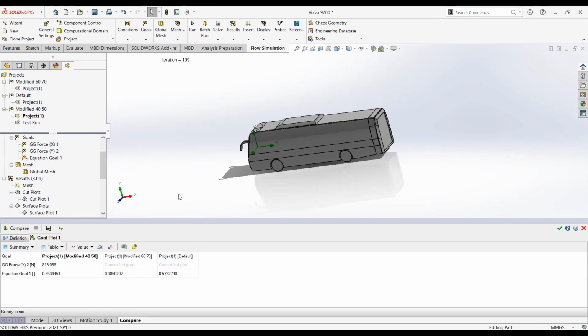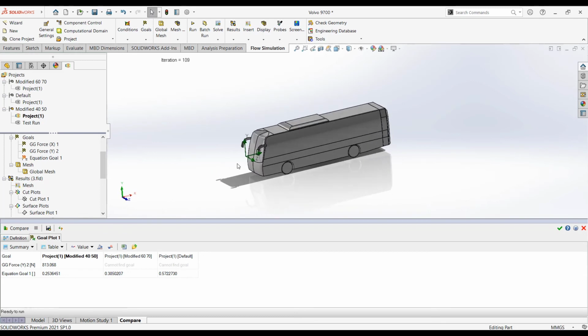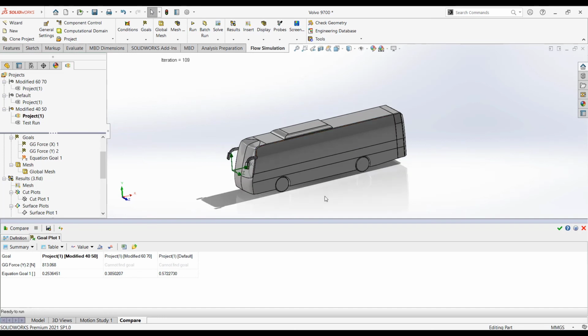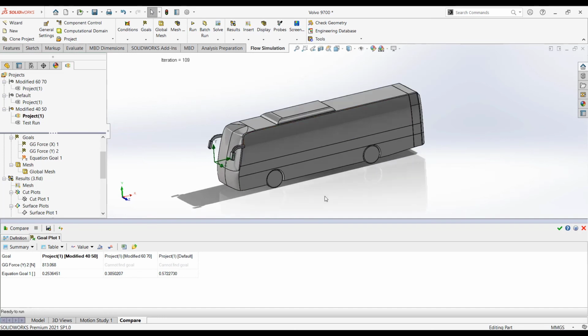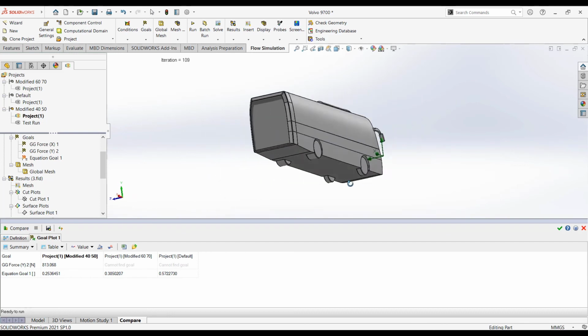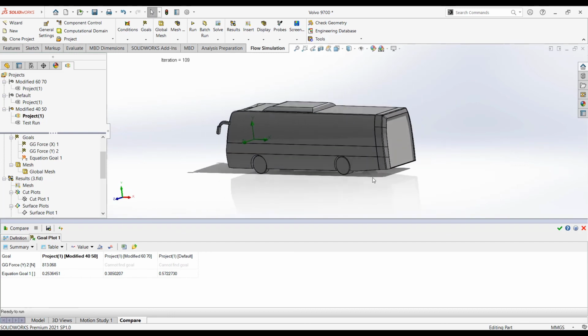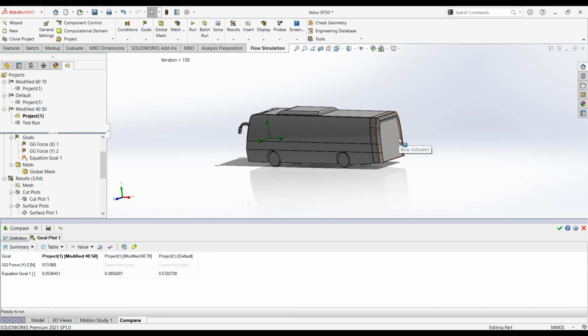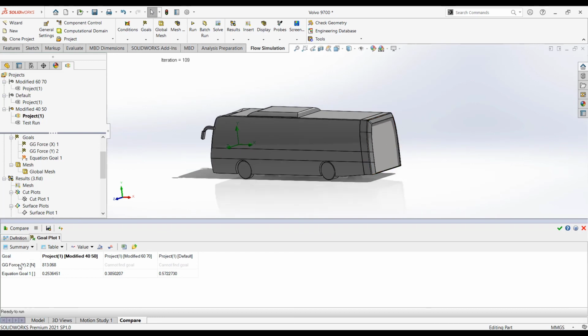For trucks and buses, the coefficient of drag is 0.5 to 1, so it will vary in between. By adding the rear flaps, it is going to decrease the drag coefficient and even the drag force. It is 813 and for these two it is on an average of 1000 plus.